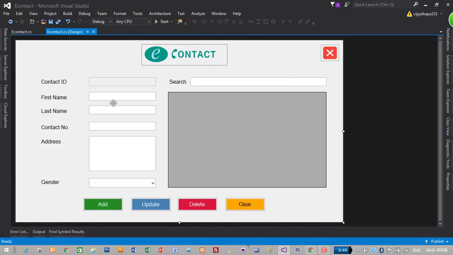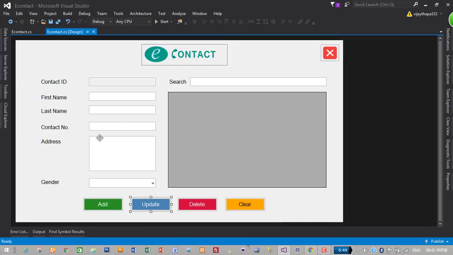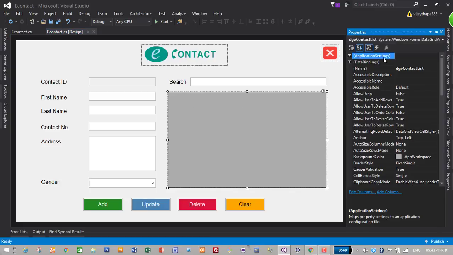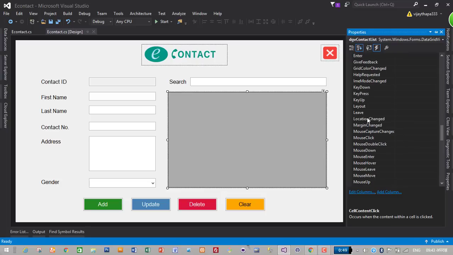To update the data, first of all we should create a button click event. Just double click on the update button to create the button update click event. After the button is clicked, we first have to get the data. To get the data, we have to load the data into these fields. So we will create a row header mouse click event. Just select the data grid view, go to properties, then click on this lightning icon. This is the event icon, and search for row header mouse click